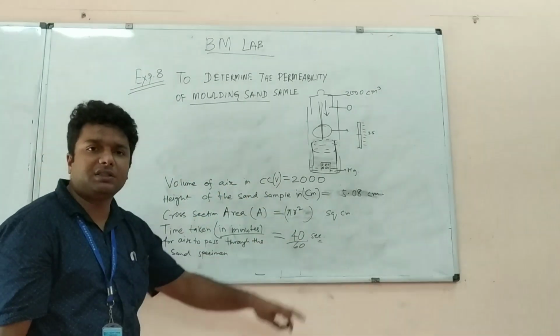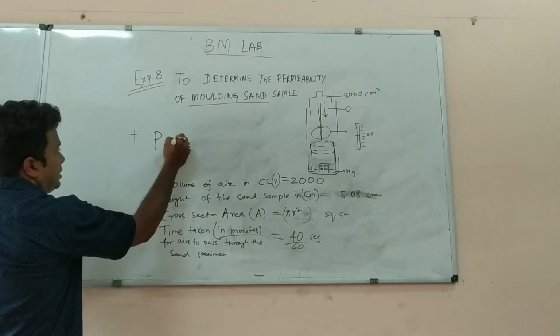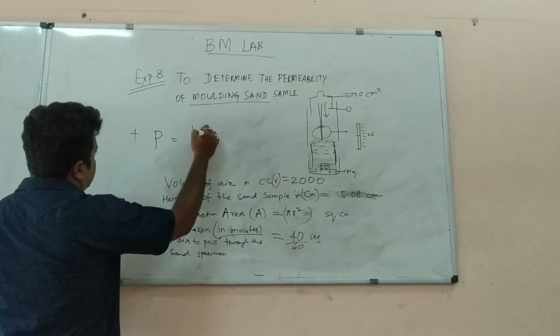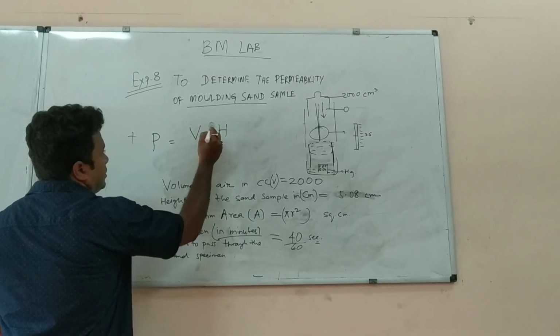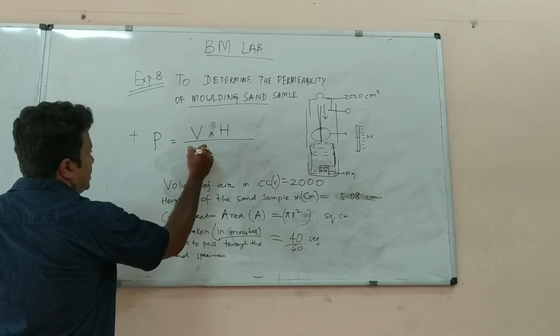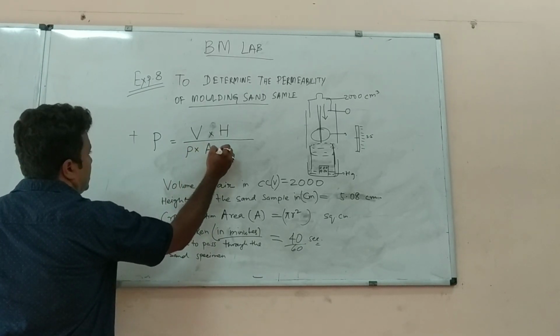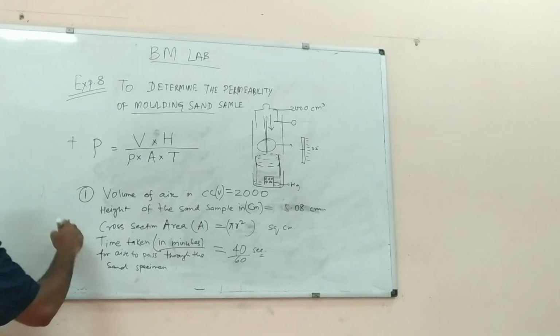Once we get all these data, we need to calculate the permeability. The permeability is calculated as V into H divided by small p into A into t,